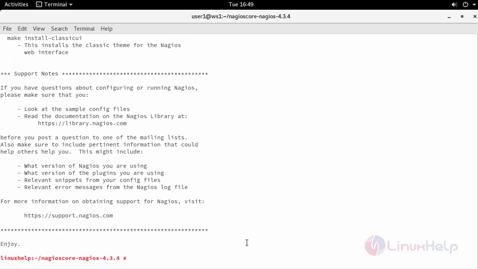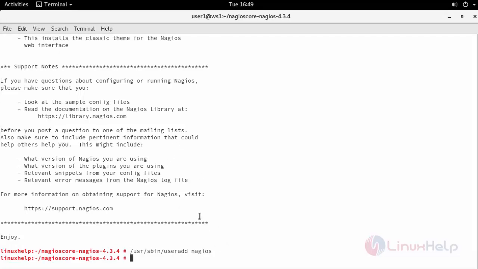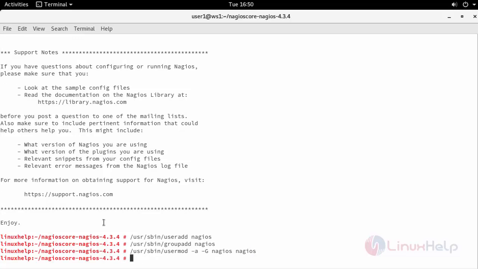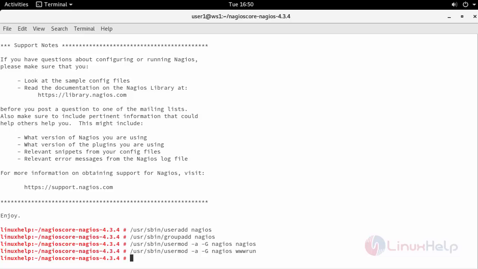Once you're done with that, add a user for your Nagios. Similarly, add a group. Now add this user to the created group. Similarly, add the Apache group name, which is www run in OpenSUSE. Once you're done with this process,